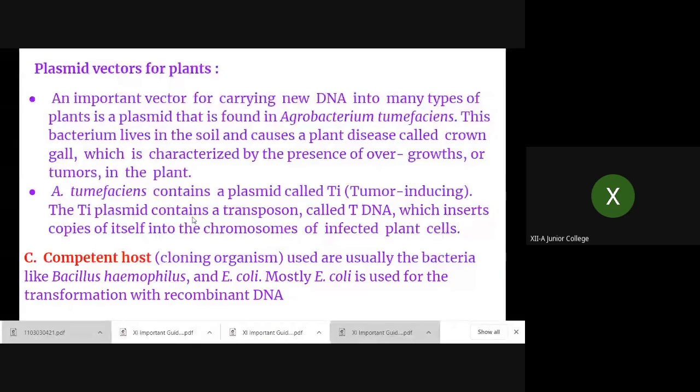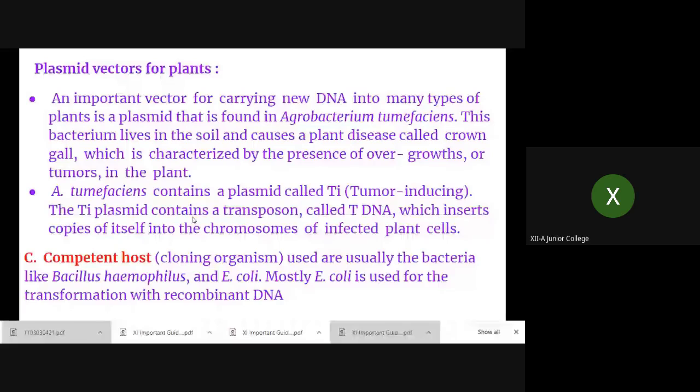Now the third criterion in the same slide: the third biological tool is the competent host cell. So first is enzymes, different types of which we discussed. The second is vectors, which carry the DNA segment or the gene of interest. And the third is the competent host, in which that vector can be introduced and we can get many copies. So that is called the competent host.